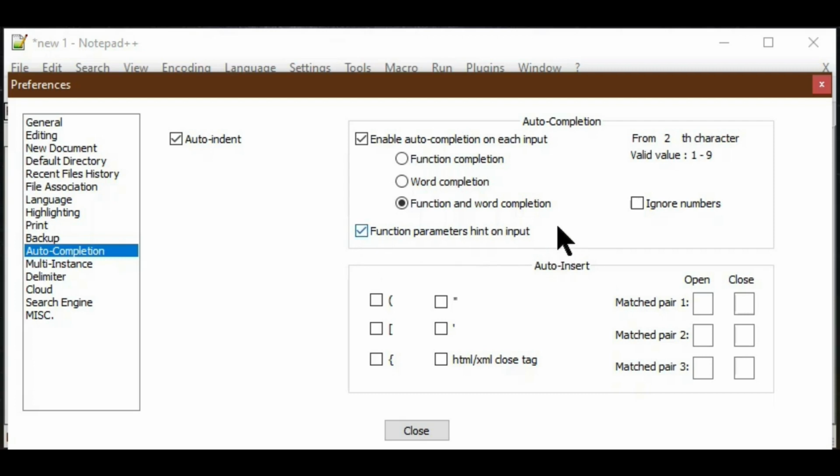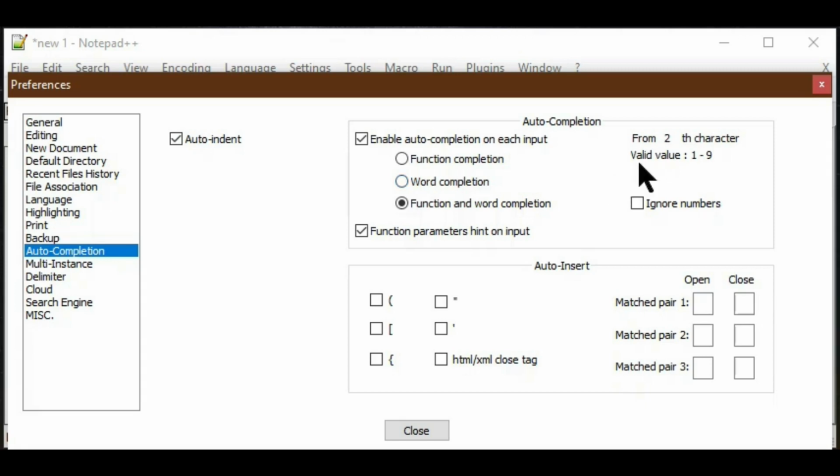And same way it has a filter for how it sorts our keywords. For that, you specify from which character it has to start showing the list. Another option in the auto completion is the character filtering. By putting the number of characters here, it will start filtering the keywords while typing.